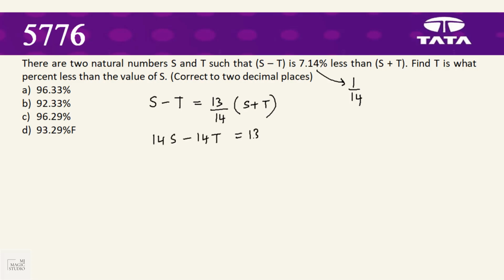So 14s minus 14t equals 13s plus 13t. S is equal to 27t. Find t is what percent less than the value of s. So if we take t equal to 1, s is equal to 27. T is 26 less than s. That means what percentage is t less than s? 26 by 27